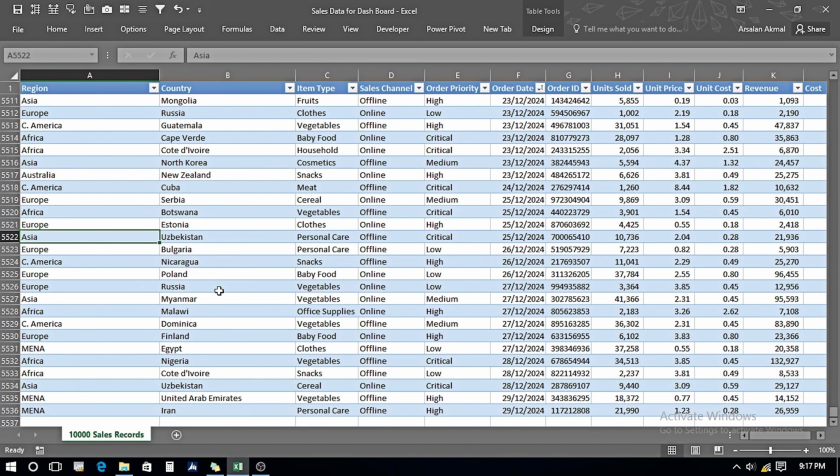For creating a pivot table, we are going to go in the Insert tab, click on Pivot Table, and here first we have to select a table or a range. Our table range has already been selected, and now it is giving a further option of whether we want to make the pivot table on a new worksheet or an existing worksheet. I click on existing worksheet, click on the location, then I go in the dashboard tables, another sheet of mine, and here I click in cell A3 and press OK.